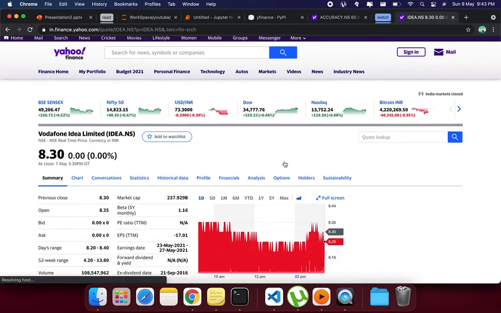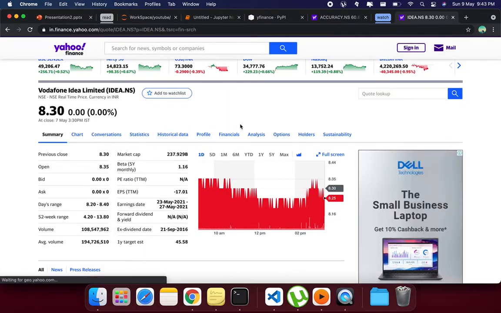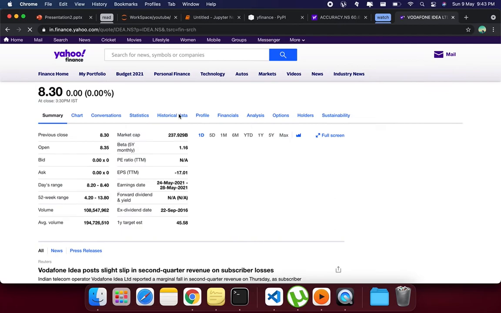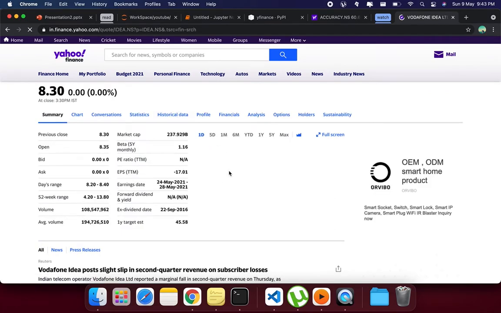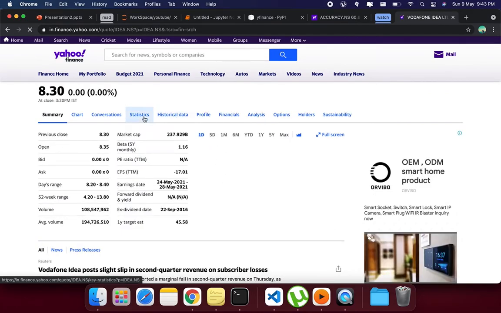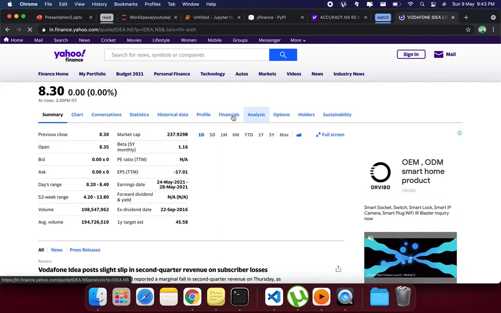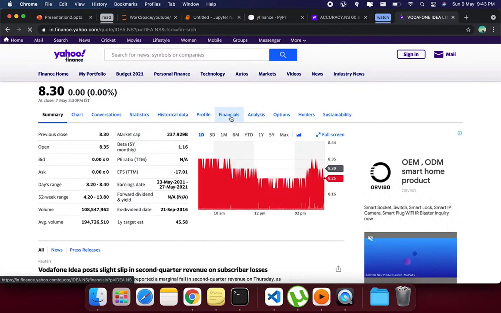Here you will see the data for Vodafone, right? Here you see that the current price is 8.30, and in this website you can find many of the details, like you can get the historical data, some statistics, some profiling, financials like the balance sheet, cash flow, all those things, right?